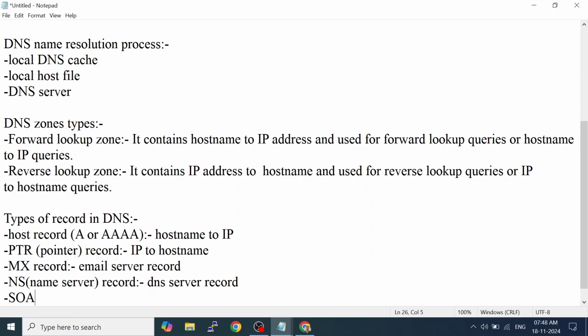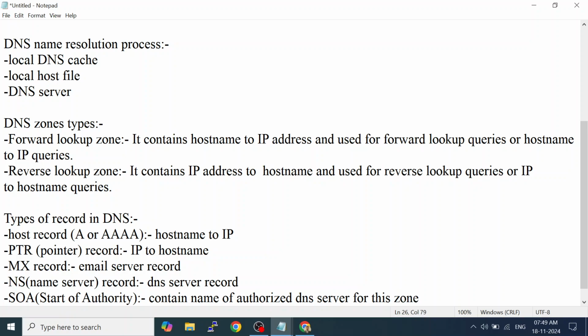Then we have SOA record, a start of authority. Contains name of the authorized DNS server for this zone. Why we say authorized?